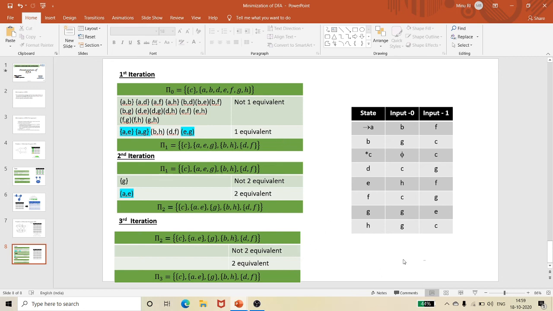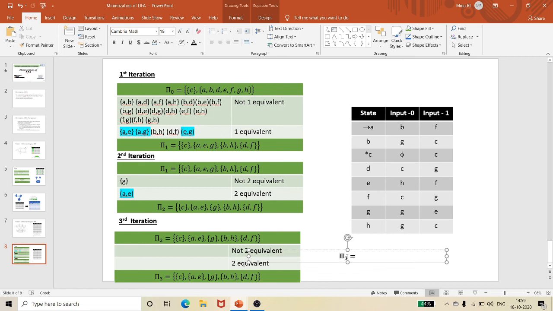So now my pi of 3 is equivalent to my pi of 2. So I can stop my iteration.